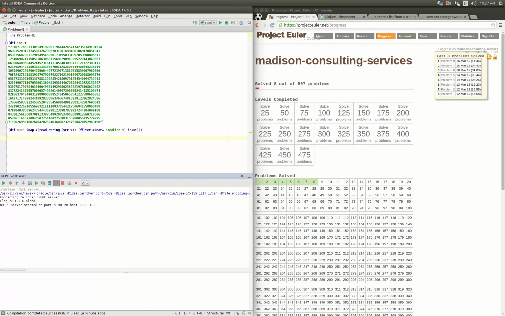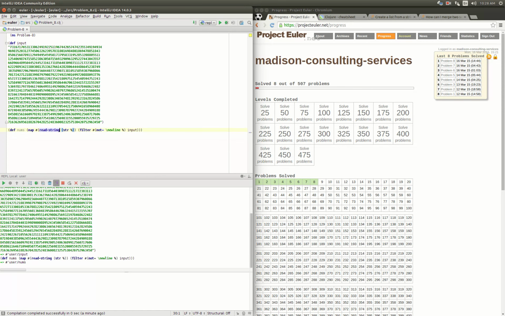So on problem 8, I had a big hairy for loop that figured out how to chunk things up into groups of 13 and then multiply those together and then sorted that and found the biggest. So let's solve this one more time in a more Clojure way, and I'm going to leave the beginning part because I think that's fine, how we got from being able to copy paste and break that into a list of numbers. That looks okay, so let's just